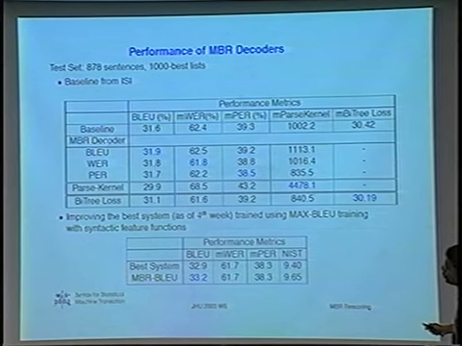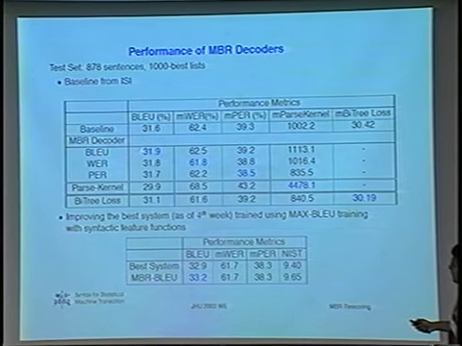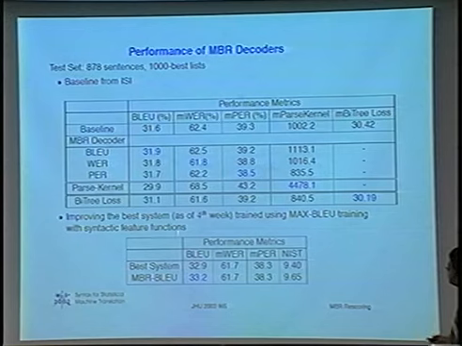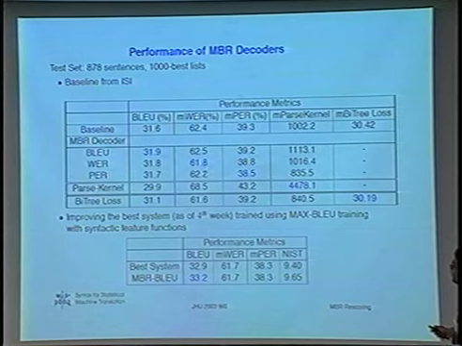And then the MBR decoder optimized for each loss function. But the interesting thing is that under each loss function, the MBR hypothesis performs the best, with only one exception: the tree loss, which I showed, just improves on word error rate better than the BLEU minimum Bayes risk candidate based on BLEU.